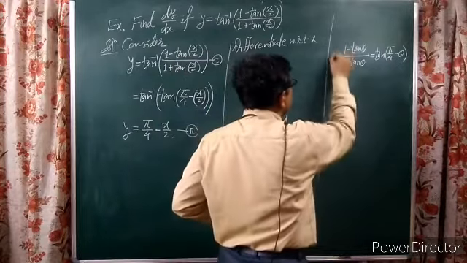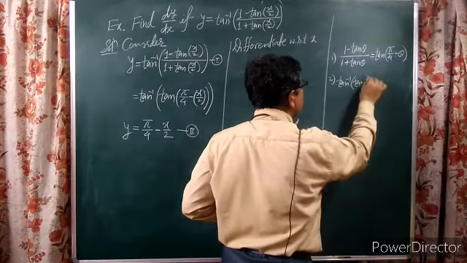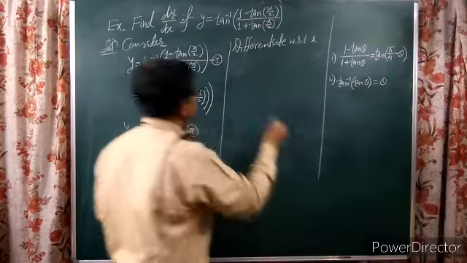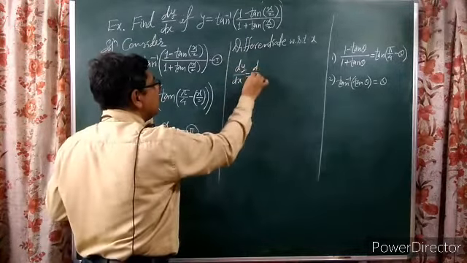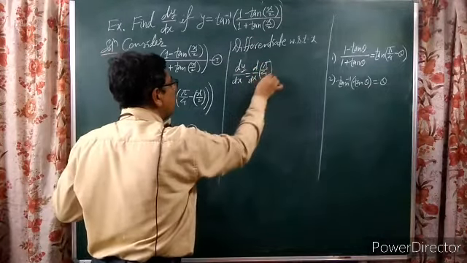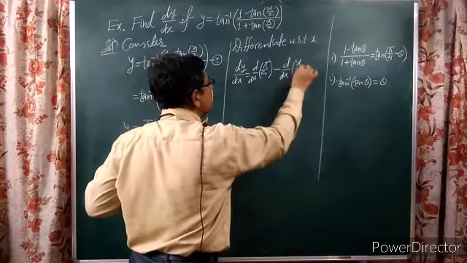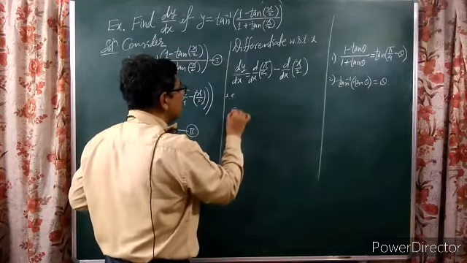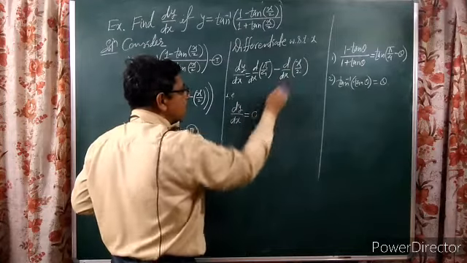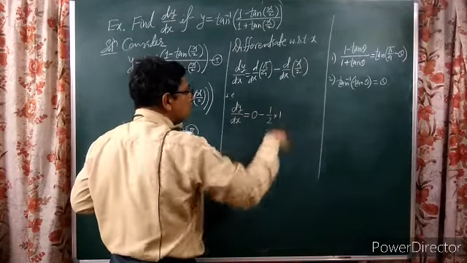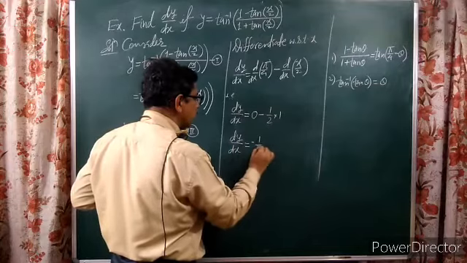So just I'll write the second formula which we have used here. It was tan inverse of tan x or tan theta is equal to theta. Second formula we have used, and differentiate it with respect to x to get dy by dx is equal to derivative of the first term, that is pi by 4, minus derivative of the second term, that is x by 2. That is, dy by dx is equal to derivative of pi by 4, which is 0, minus this half taken outside, and derivative of x with respect to x is 1. So we are getting dy by dx is equal to minus half.